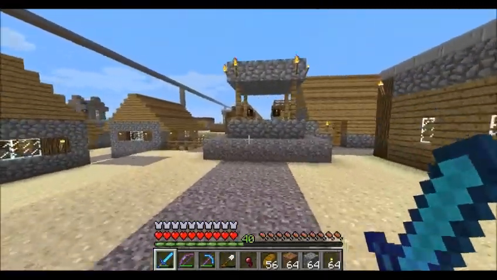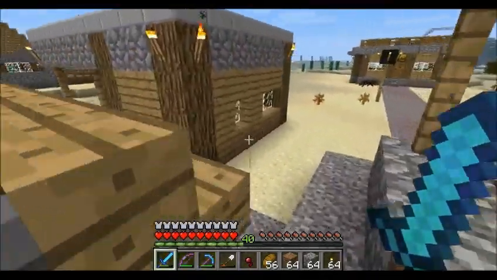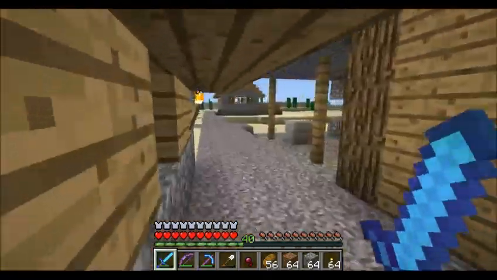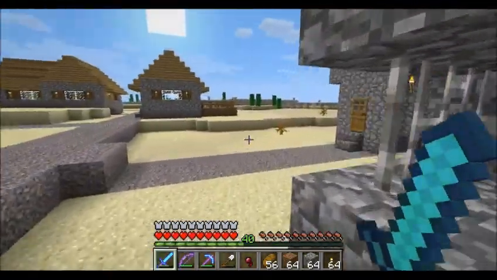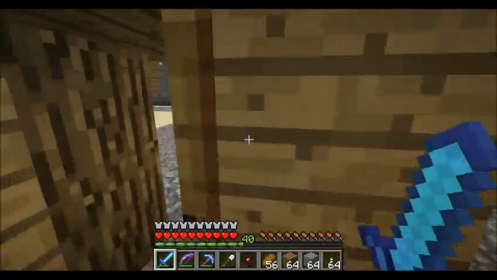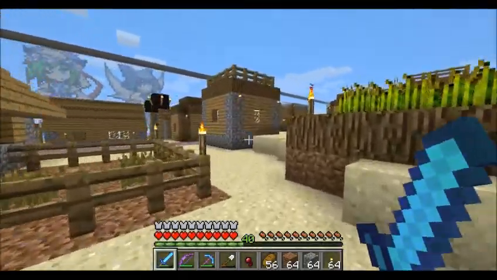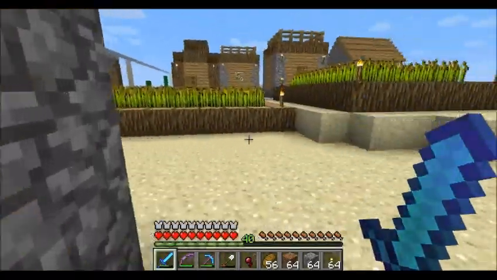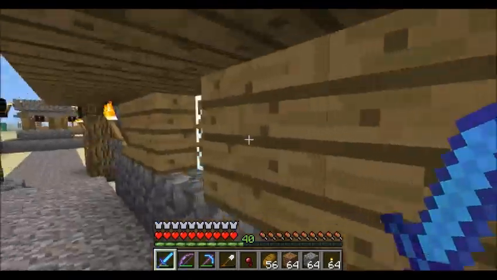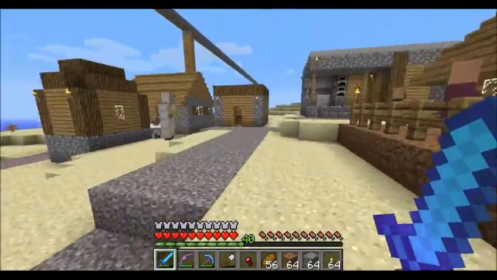Okay. So let's go ahead and look around here. Some of these buildings were already here, but the majority of them at this point I built. And they're all pretty much exact replicas of existing architecture. And I discovered something interesting while I was doing this. I was under the impression in the past that when the NPC villagers breed or reproduce, that they only are able to